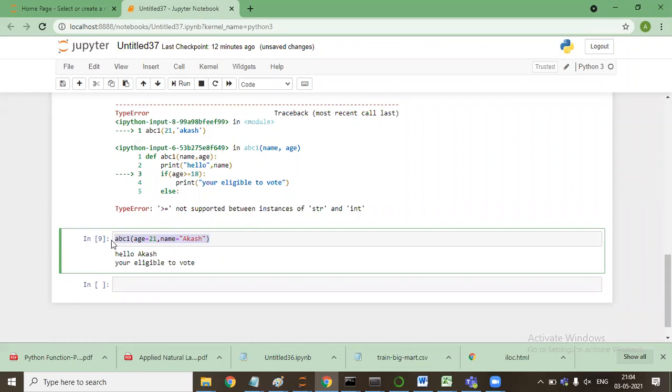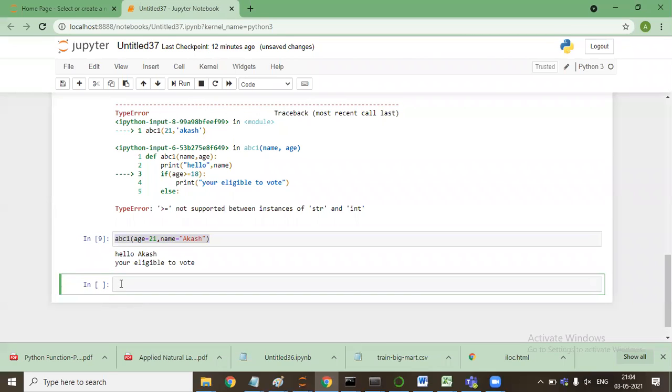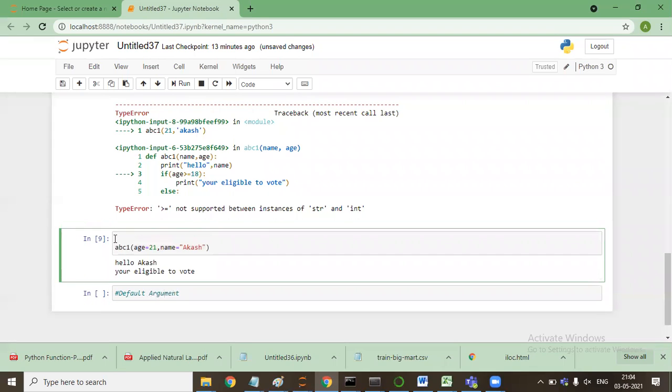Anybody any doubt? No. Okay. The third is known as the default argument. I will write it down so that it will be fine for your practice.